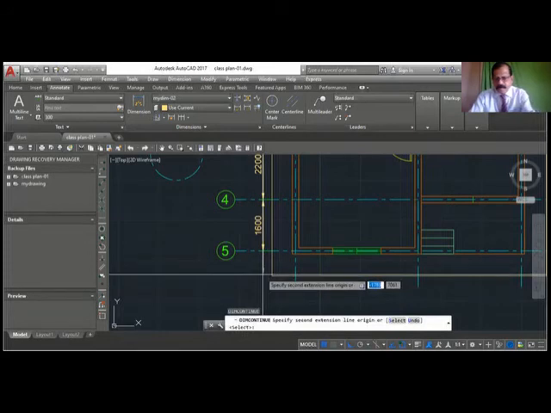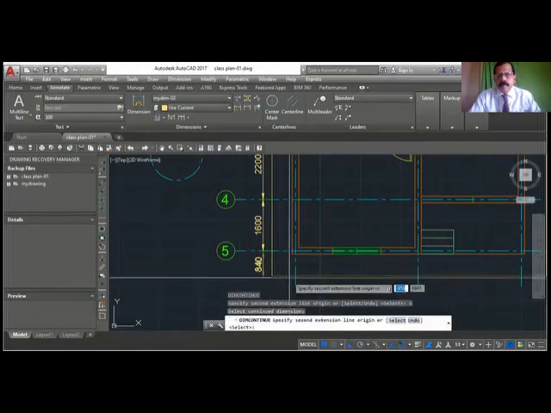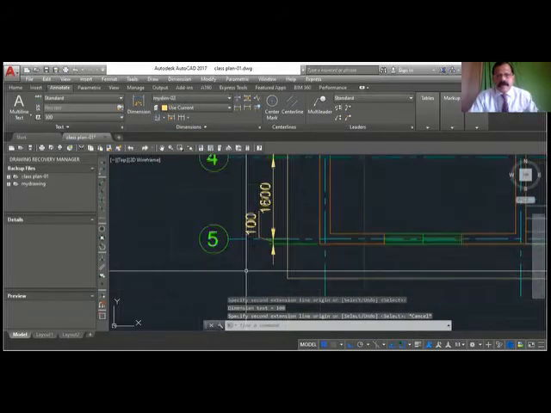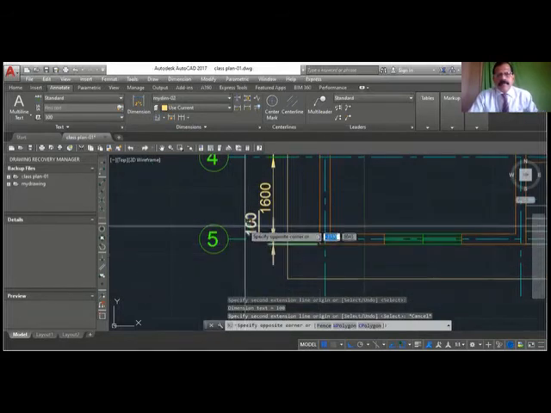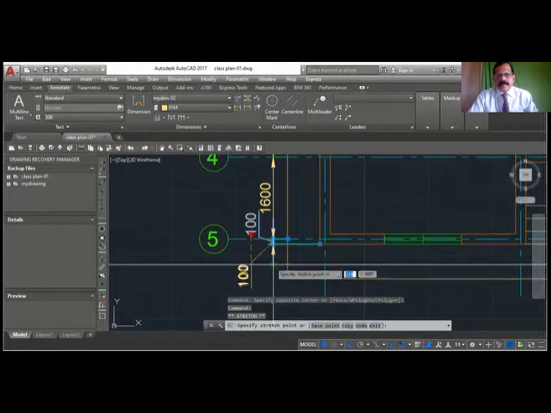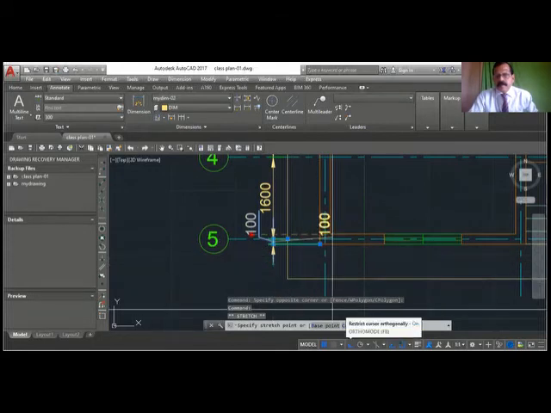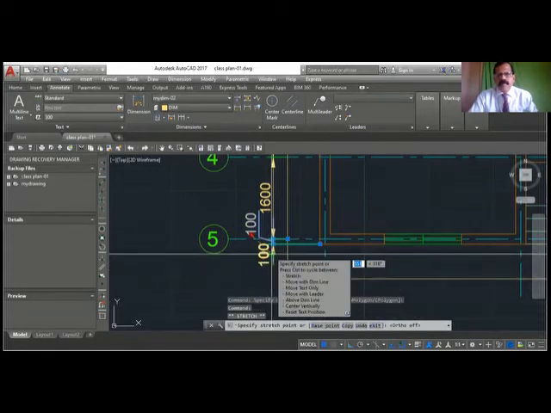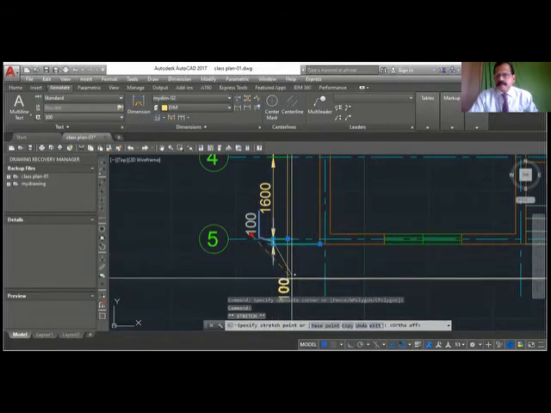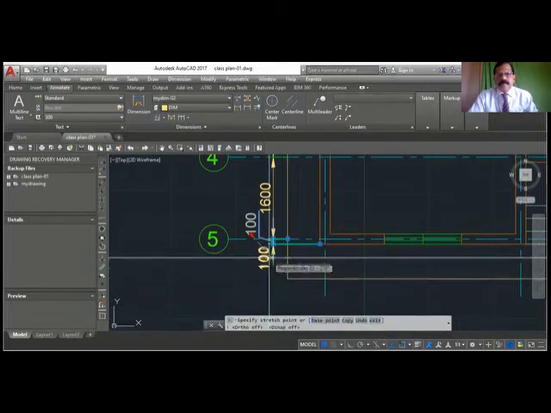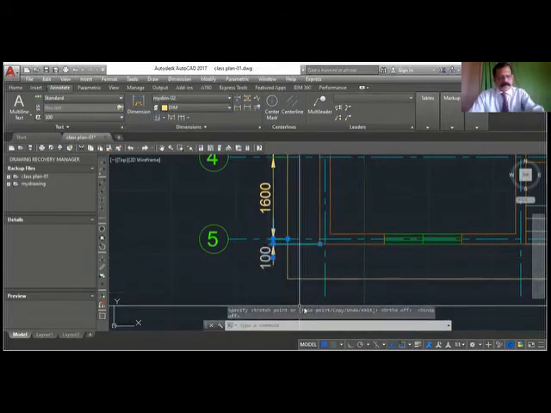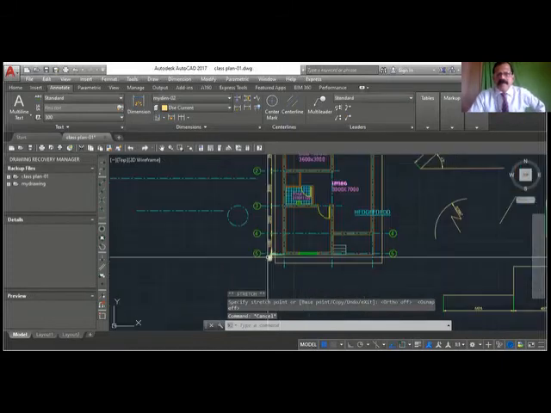So select, click. The 100 is not in level. Click, adjust that value. Sometimes you have to switch off the ortho. Click. Okay. So this editing, all the things you can do.